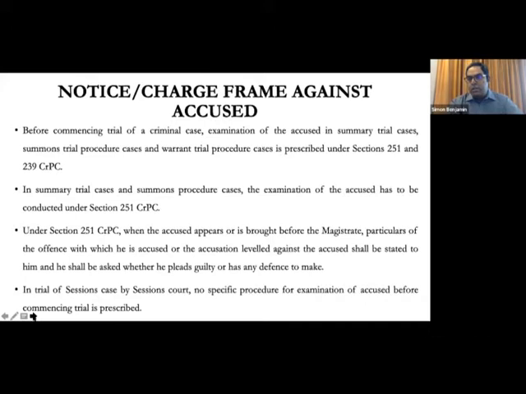This is not an exercise that the police officer has undertaken for writing the FIR, or even when submitting the charge sheet. And since this is a judicial exercise,